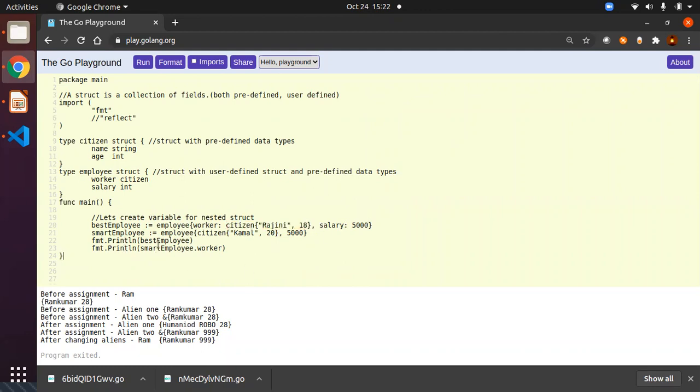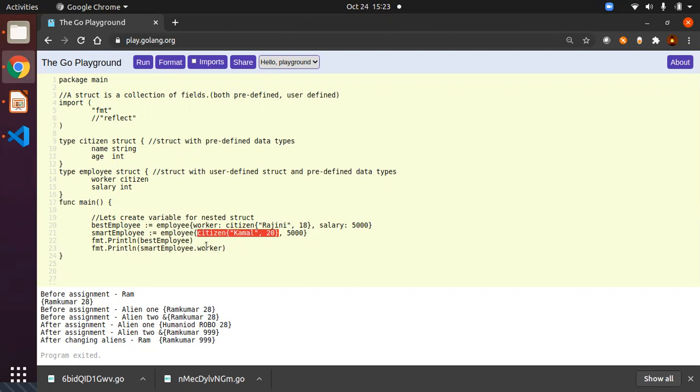And next one, smart employee. Here I am creating the employee struct, because for the smart employee I'm going to assign an employee struct type value, right? So employee, then I will be passing the citizen struct. Here I don't mention the variable name, because if you know the order and the values, just like SQL statements, you don't need to pass the variable name and colon.